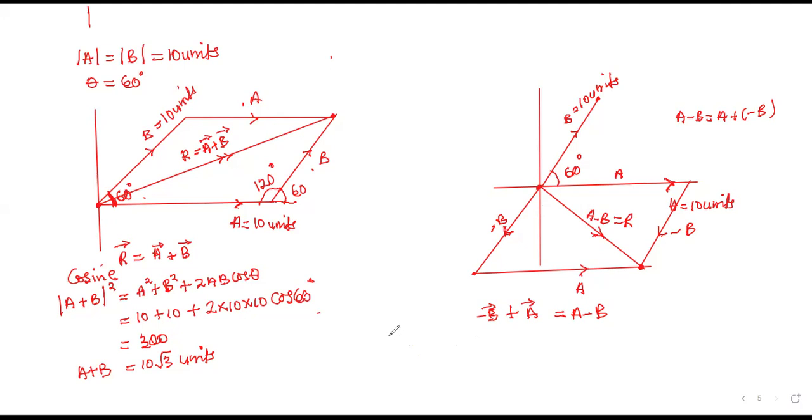So A minus B squared is equal to A squared plus, if you make it negative B, the square of negative B is the same. So plus